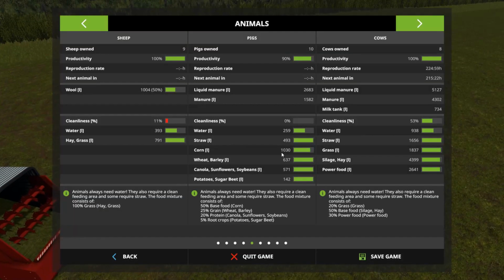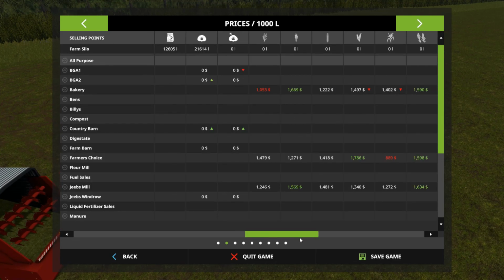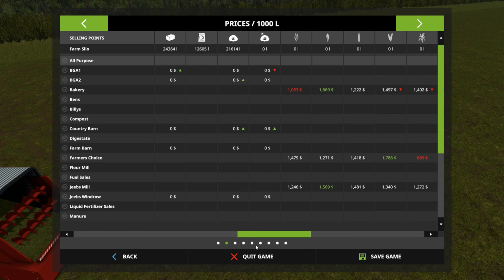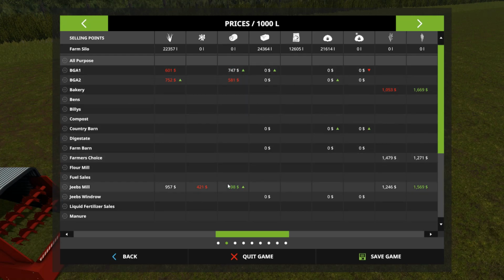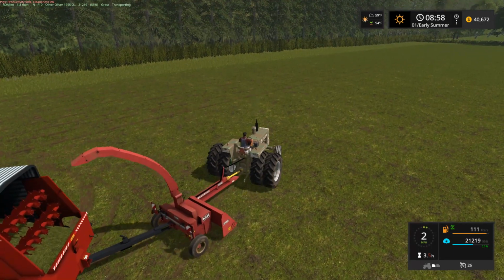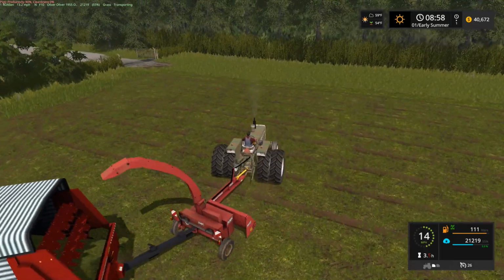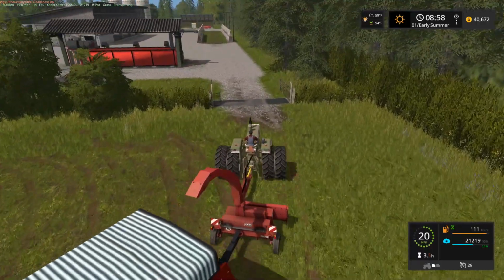Oh, speaking of which, where is a good spot to sell silage? The biogas plant, I'm assuming, but is there anywhere else? BGA1, BGA2. Oh, there's two. Interesting. And Jeeves Mill. So BGA1 definitely has the highest price. I don't know if we'd be able to sell there, though, with a trailer. That would be the only issue. Obviously, we'd have to transport it with a trailer, so...